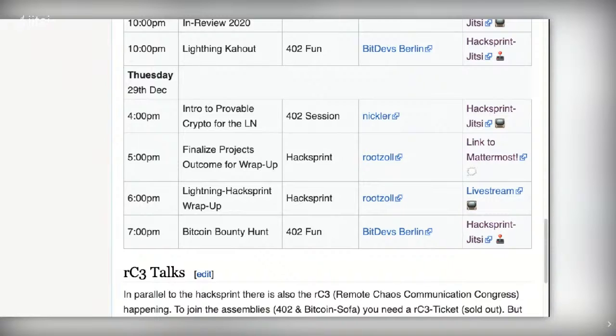All right, and then at 6 we will go into the wrap-up. So this will be on day 3. We will then do the live stream. And again, I will go through all the projects and see where we are and where we maybe still need to go. And then as a fun project, not exactly sure about the time, maybe there's still a change,